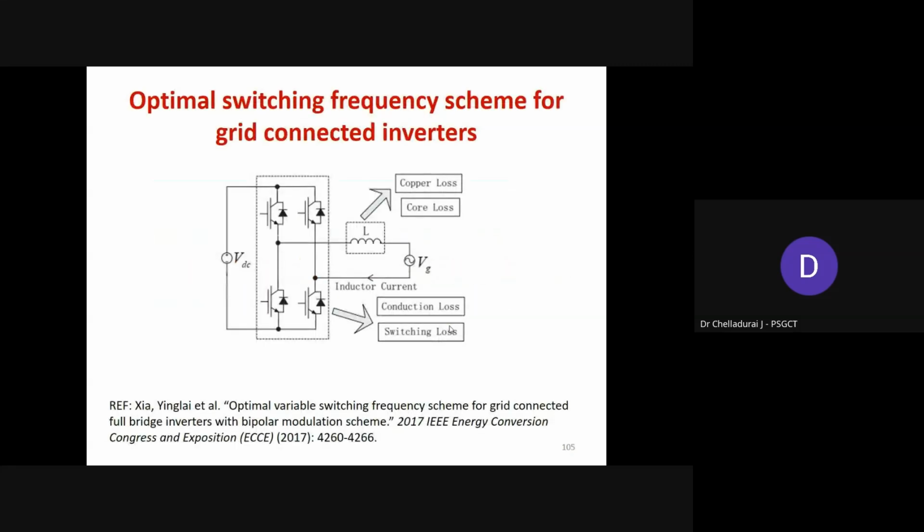Then, this is a very interesting control technique for inverters. I will simply complete it within 5 minutes. This one is the optimal switching frequency scheme, which is used in grid connected converters. The optimum switching frequency converter configuration means,